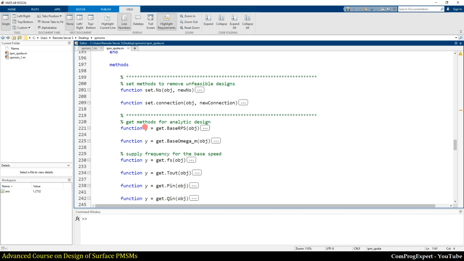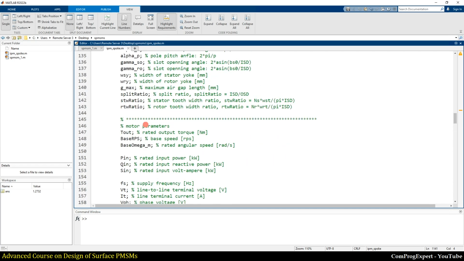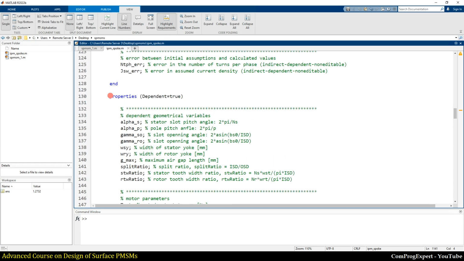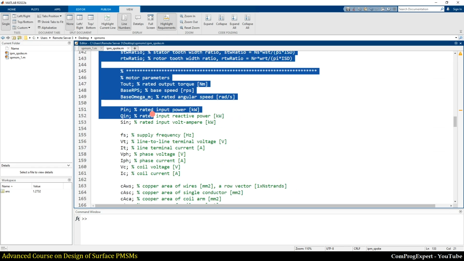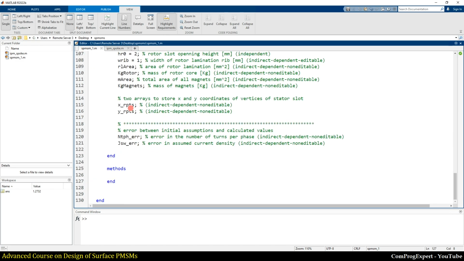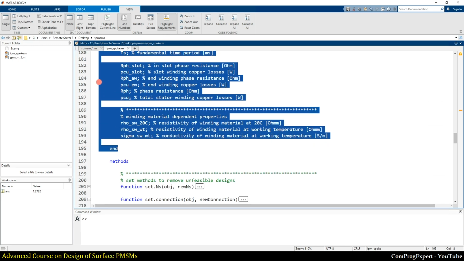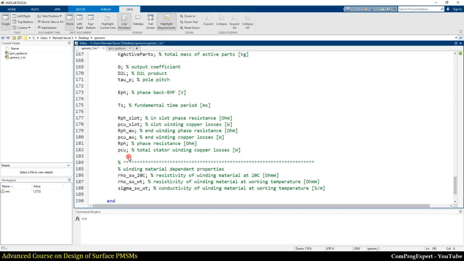Also, we have a few get methods that are for generation of the geometry. So also let me copy these dependent properties in this model. So here I can paste this methods block.